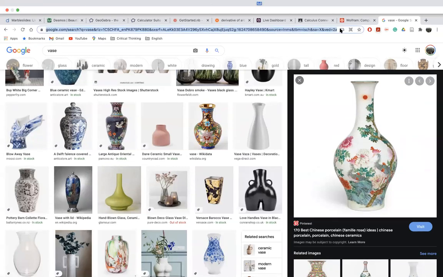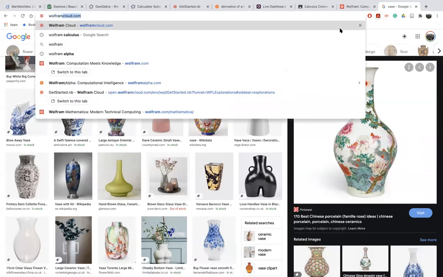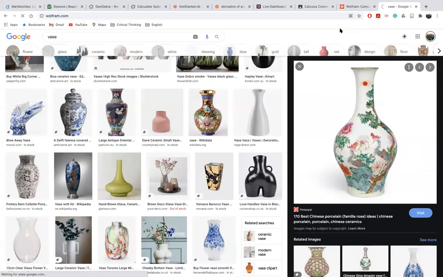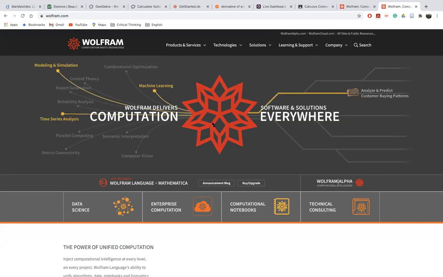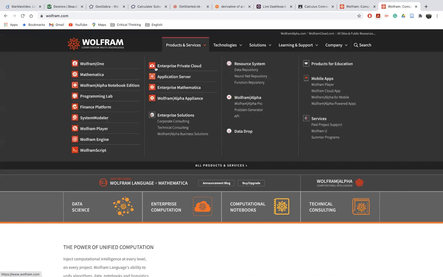So if you simply go to wolfram.com, let me show you. Wolfram is a kind of programming language, but they offer a lot of services. What we are going to explore is Wolfram Alpha, and also maybe the programming lab if you have time.